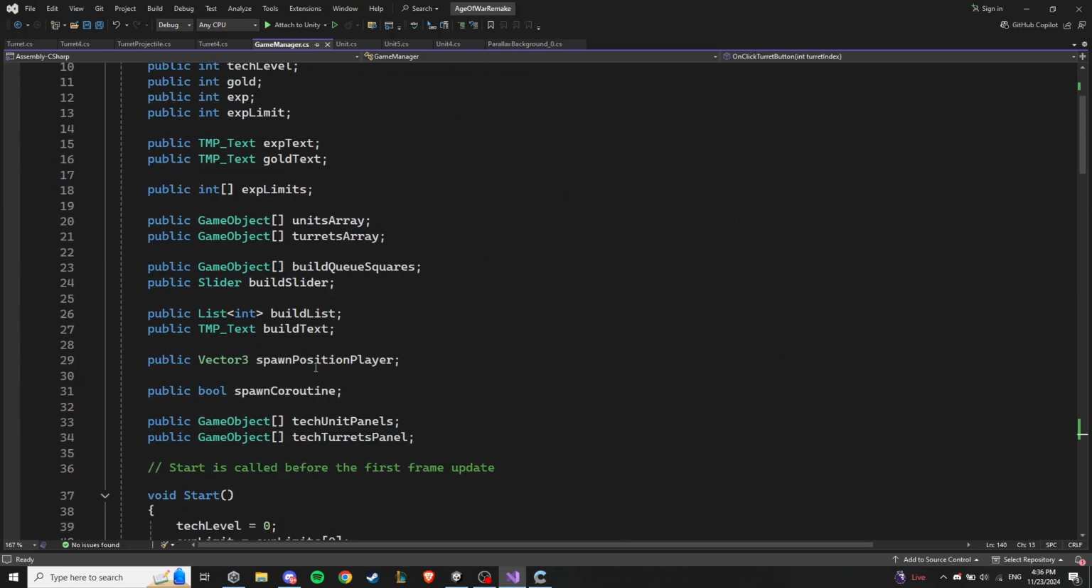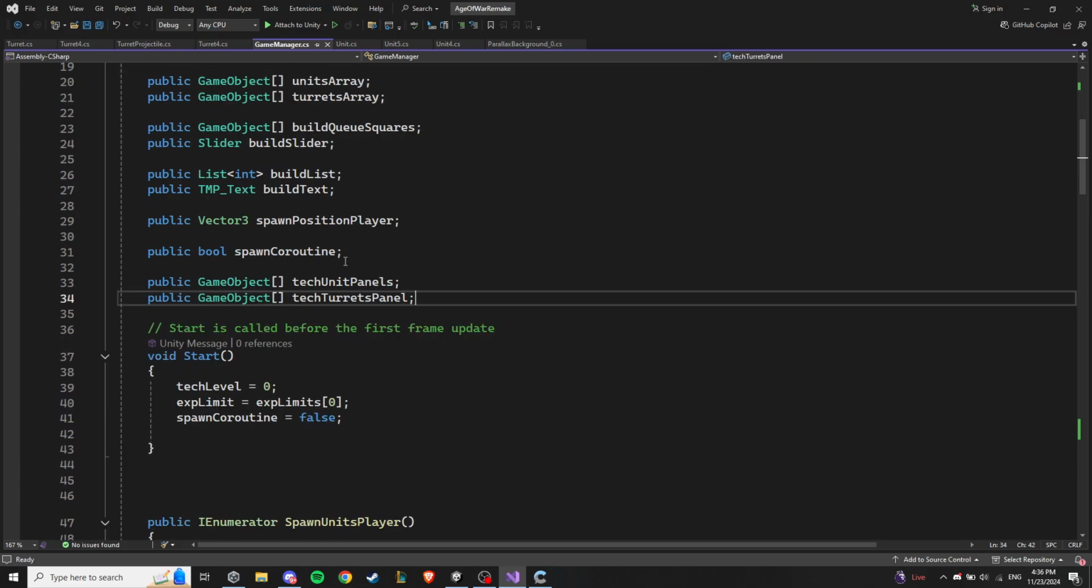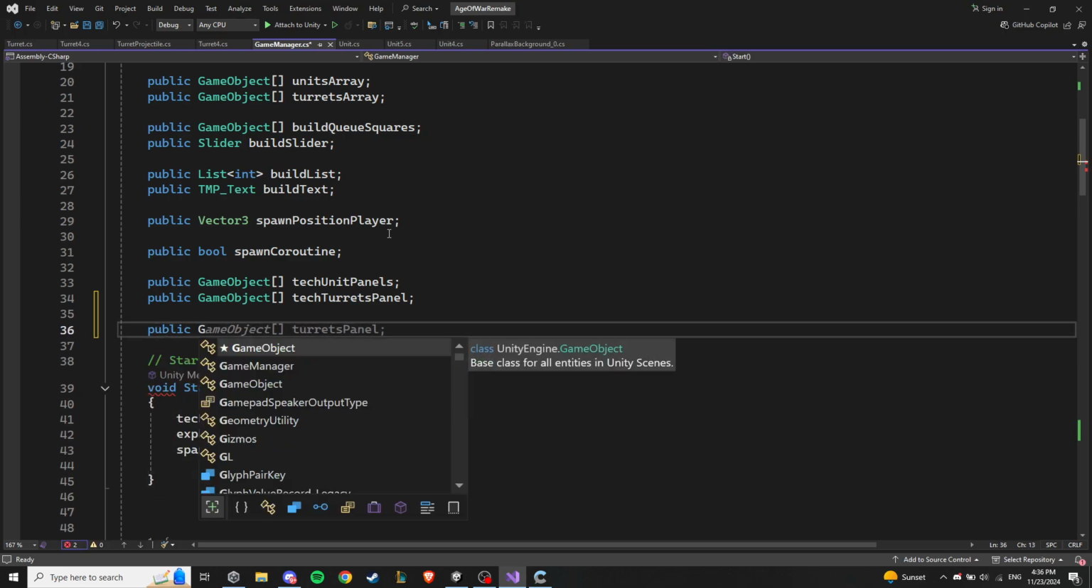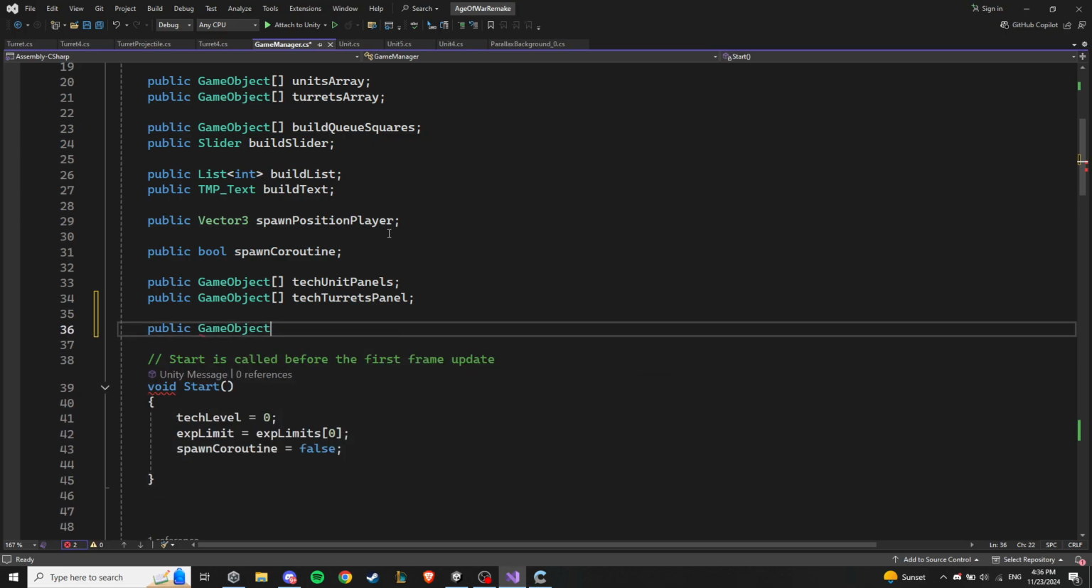So here in our variables, we want to create a game object. Game object, and maybe we don't even need the whole object. We only need the transform of the turret that we buy. So here we say current turret,